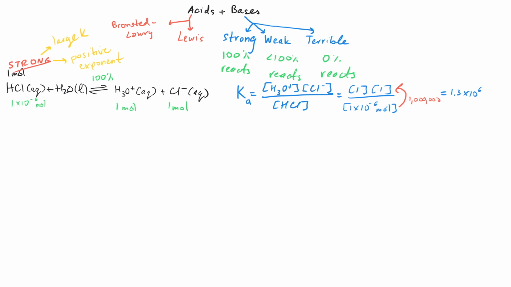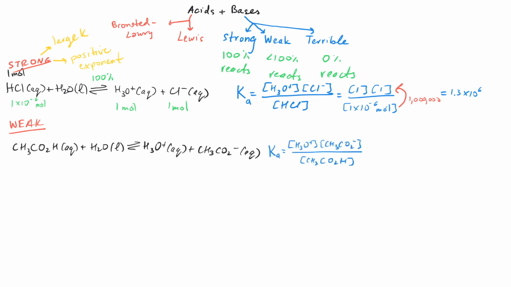Now, let's take a look at a weak acid like acetic acid. Acetic acid reacts with water to form hydronium and acetate ions. The equilibrium constant will equal the products over the reactants. Unlike strong acids, weak acids remain mostly in their unreacted form. In fact, if we had a beaker of 1 liter of water and added 1 mole of acetic acid to it, we would end up with